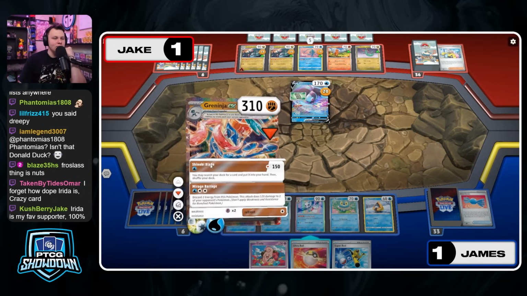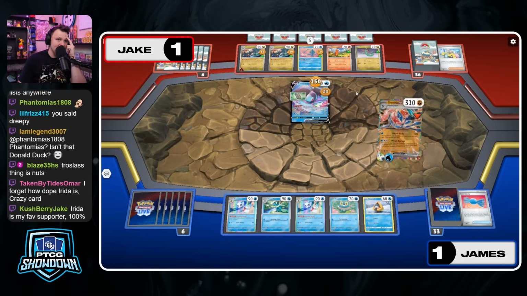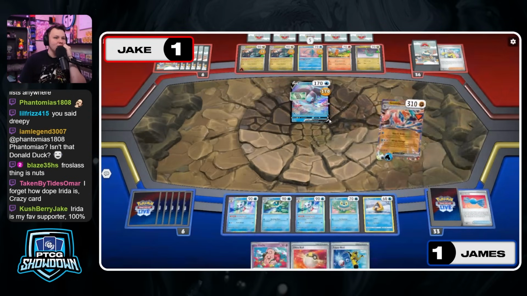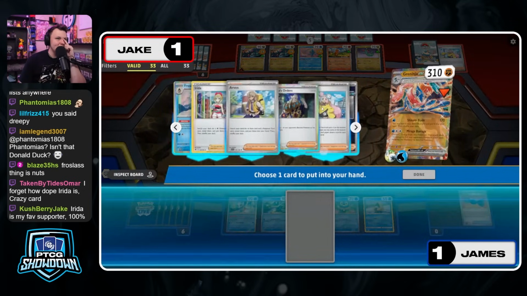All right, and here comes the Shinobi Blade. Takes the knockout on Luminion, and then you get to search your deck for any one card. I honestly have no idea what the card should be. We did see a Snorunt get benched here from James. So James did put himself...